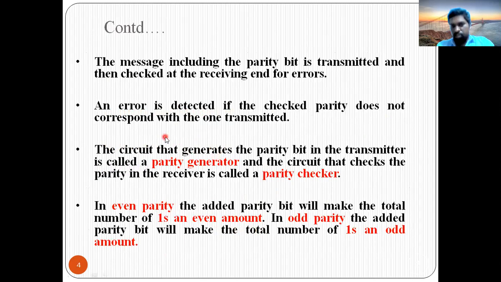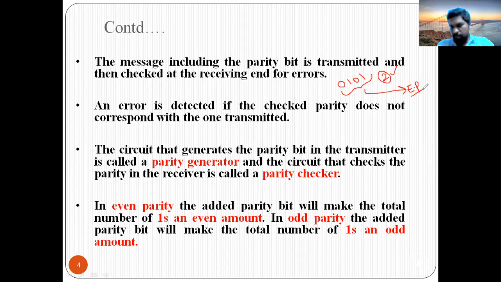Now here also we will have the condition: what is an even parity? Suppose we have a sequence like 0 1 0 1. First you count the number of ones in the information. I have two ones in my information. Two ones means two is an even number. Therefore, this comes under the concept of even parity. Okay. So how to find out even and odd parity: depending on the number of ones present in the information, you can decide whether it is even parity or odd parity.